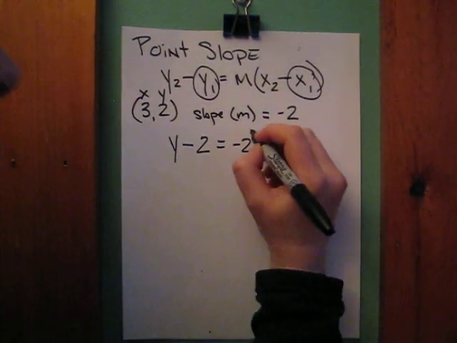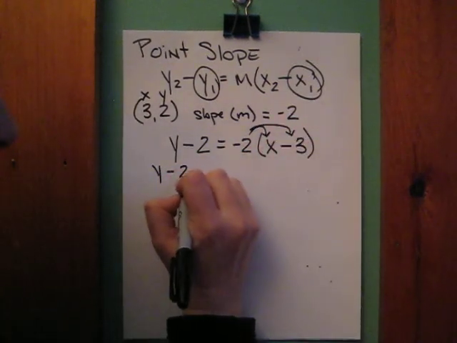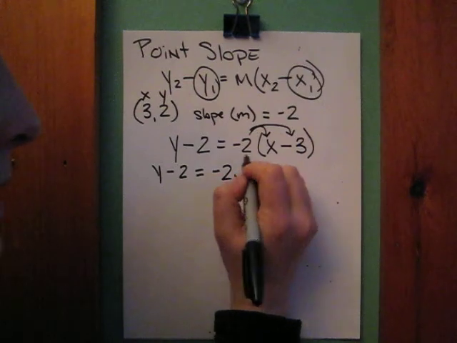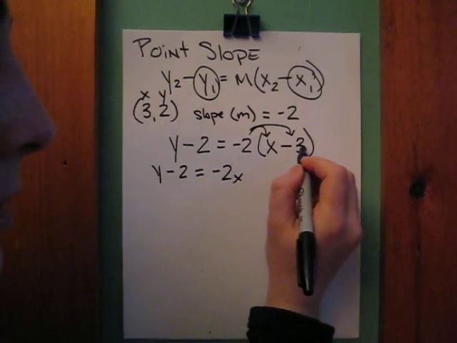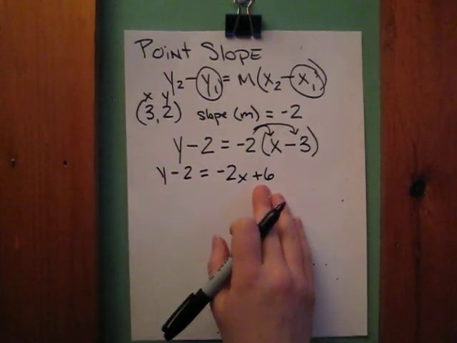And then I'm going to distribute this 2 over the parentheses to get y minus 2 equals -2x. Now a negative times a negative is a positive, so it's plus 6. If I want to write this in, I can leave it like this, or